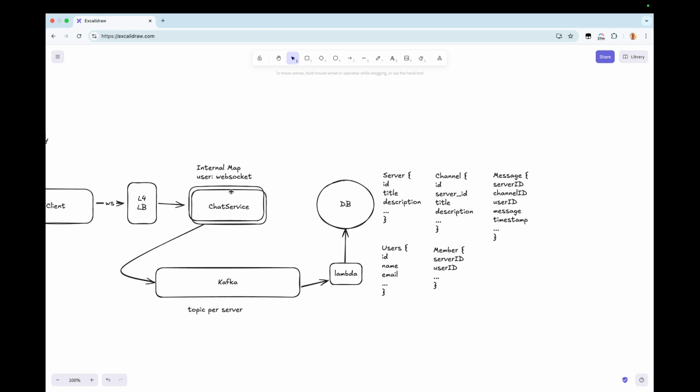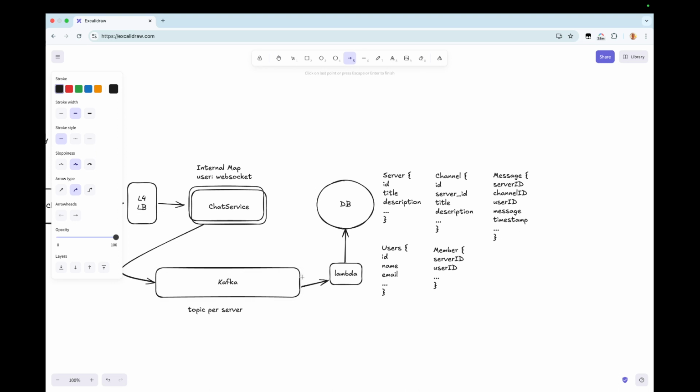Once a message gets sent by a user, we are creating a persistent record in the database with the message that that user sent. So every time a user sends a message to one of our chat service instances, we write that message to Kafka. That eventually gets processed through. We have a Lambda here, which basically is just consuming messages from all of our Kafka topics and then inserting those messages into the database. So this gives us eventual consistency. We're ensuring that the messages for each particular server and channel eventually end up on the database.